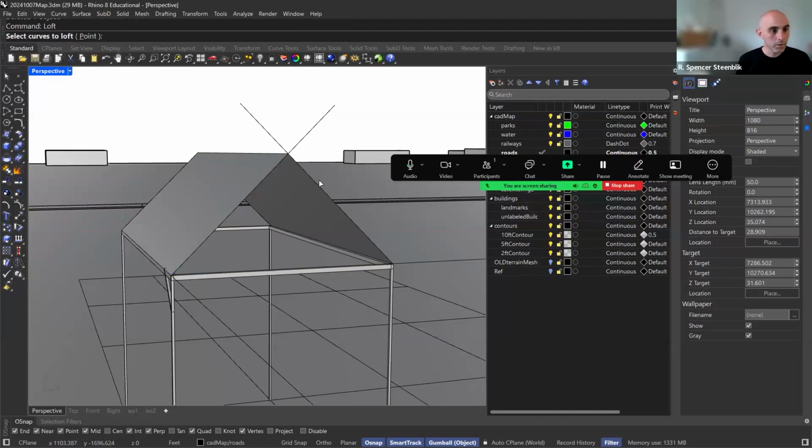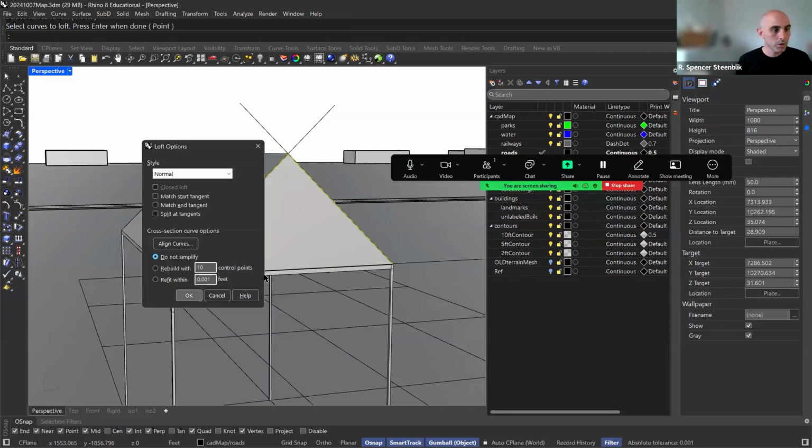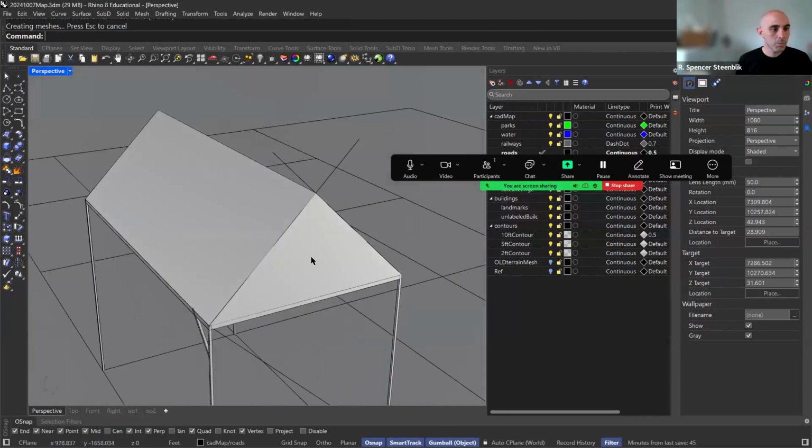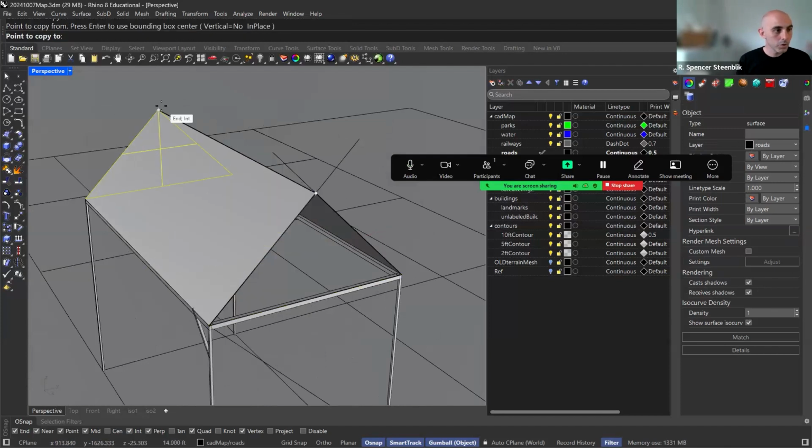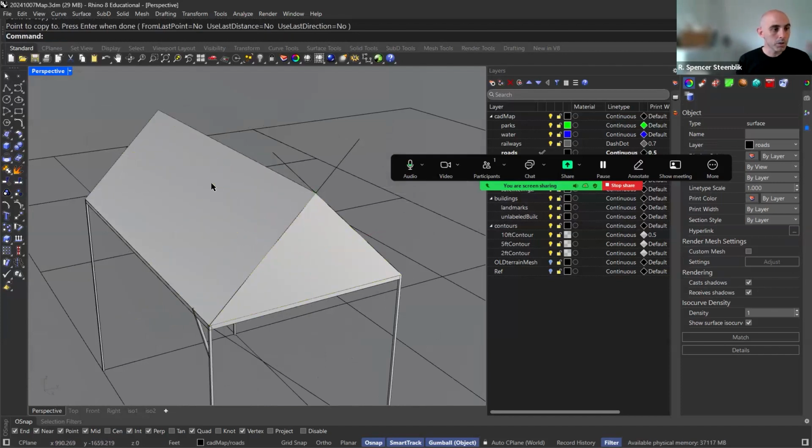Just loft in. Oops. We'll take that polysurface edge and that polysurface edge. Do that. We can just copy this down. Copy. For those of you who know how to Rhino model, this is no big deal, but I know some